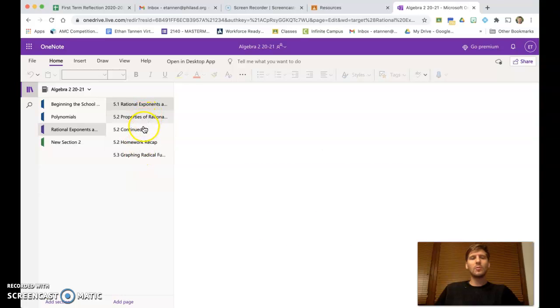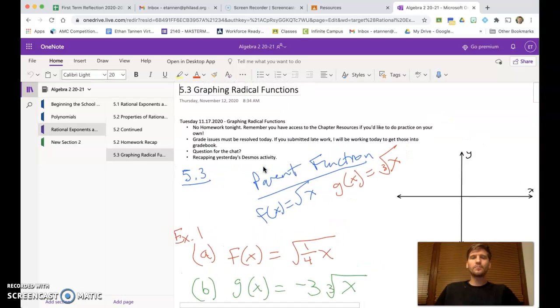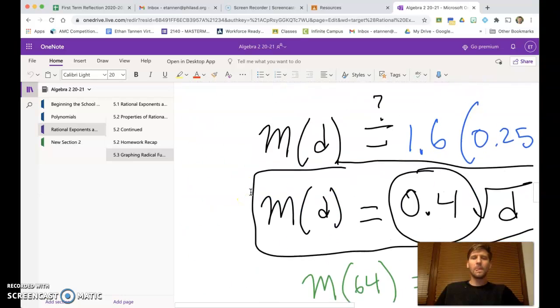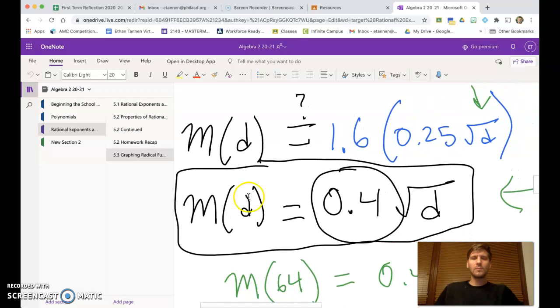You can see we spend more time on section 5.2, but right now, today's date is Wednesday, November 18th. So if I click on 5.3, which is what we're just working on today, you'll see it takes a moment to load, but it'll eventually come up and it'll have all the notes from today already updated. So this is actually Tuesday the 17th, and then if we scroll down,